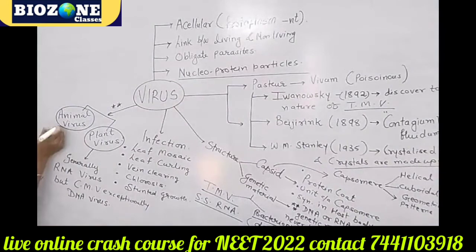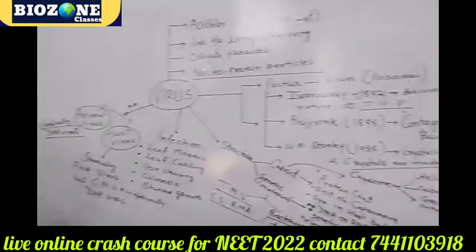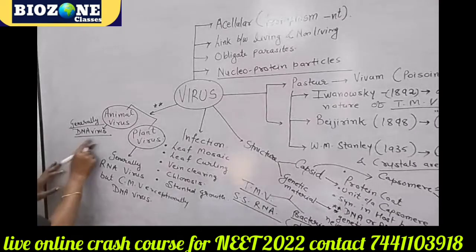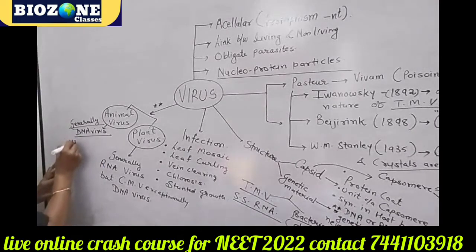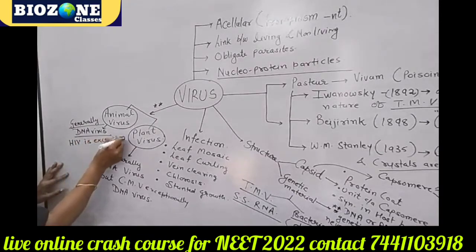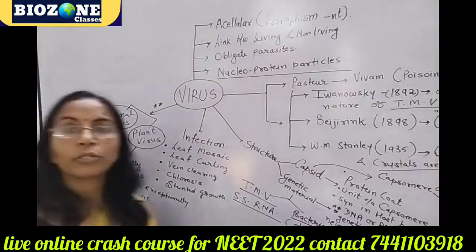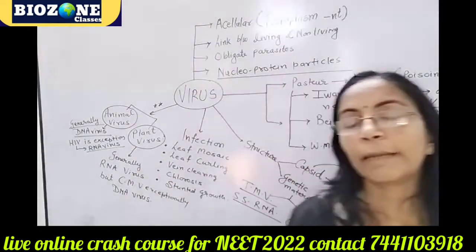इसका just opposite. Animal viruses क्या होंगे? Generally DNA virus in animal. DNA virus causes the infection, so generally it is a DNA virus. ठीक है, but again exception is there for animal. Exception क्या है आपके पास? HIV is exception because HIV कैसा है? HIV is RNA virus. Now corona is also exception because corona also the RNA virus,